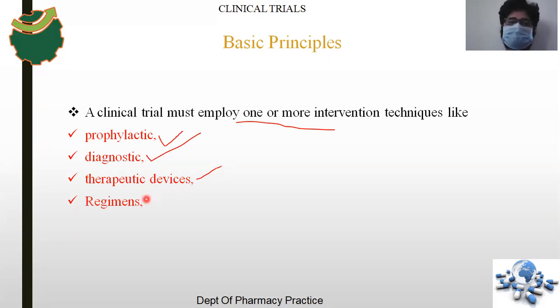Next are regimens. The things which are developed in clinical trials are regimens. Take an example from your therapeutics subject: H. pylori induced peptic ulcer disease. You have a 3 drug regimen or 4 drug regimen. Where do we get those regimens, or know that these drugs have to be used in these disease conditions? Because those regimens have been used in a certain group of people in clinical trials. Then we came across this.